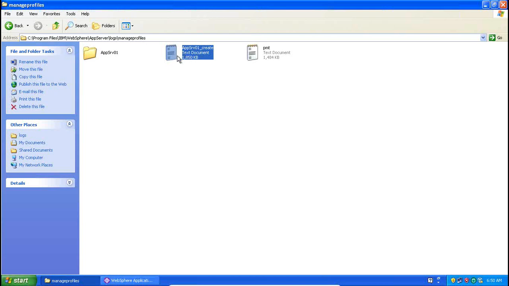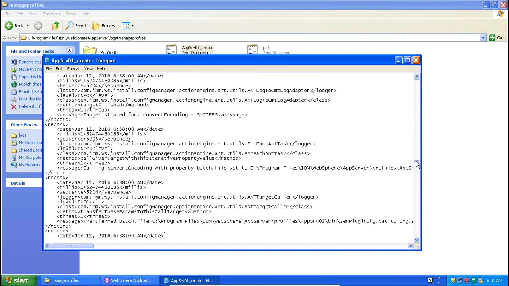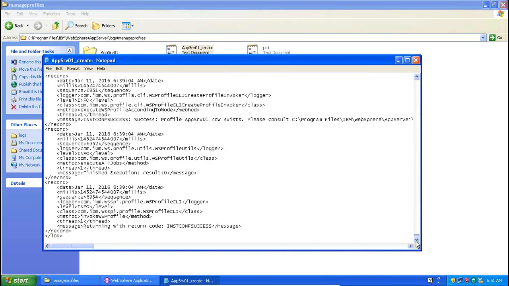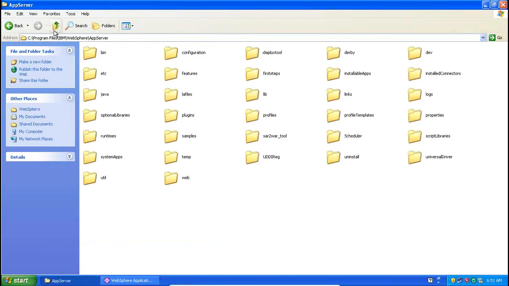For that also we have a log file called AppSrv01_create. That also you need to check whether it is successful or a failure. That's it. That is what I said. Clear?